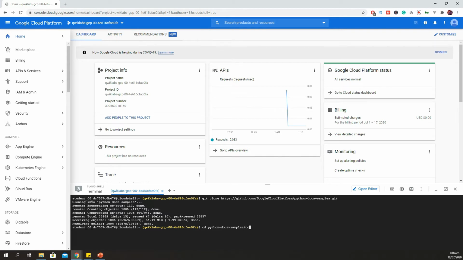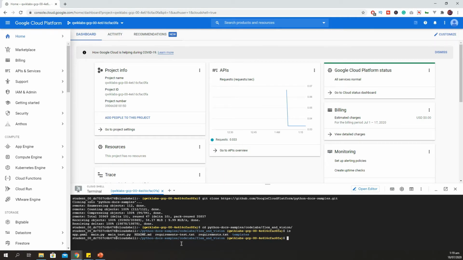So ls and check, yes, it's perfectly working. You can see there are many files like main.py, app.yaml and others in our project. I will show you the purpose of these files and what they are doing in our project.